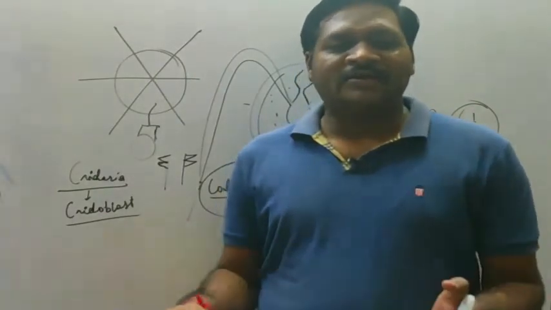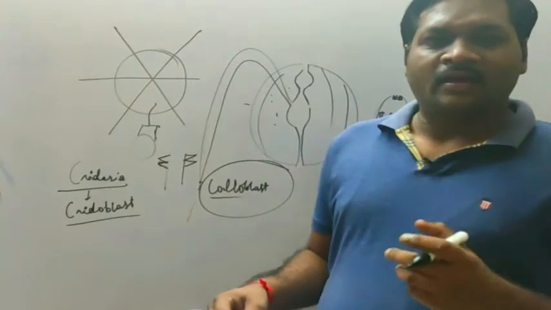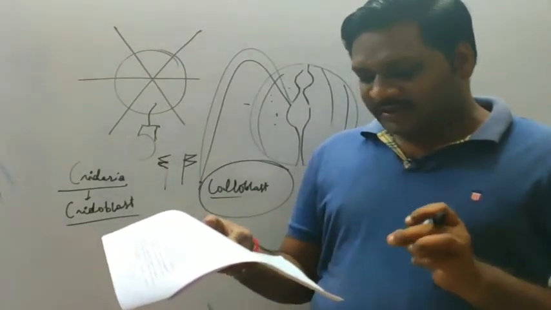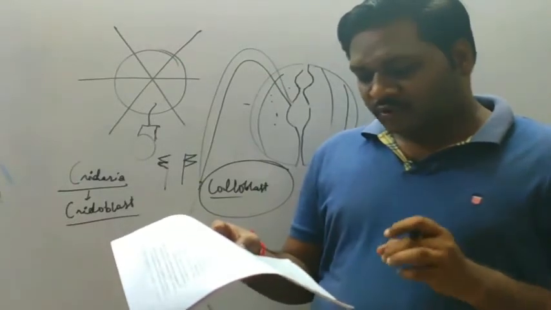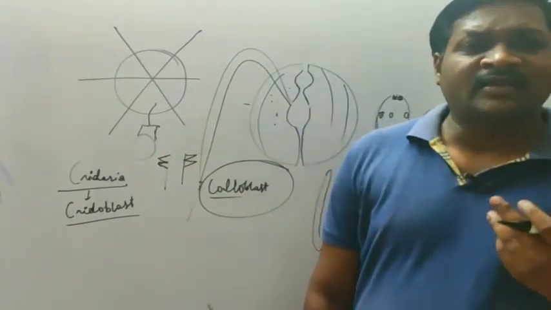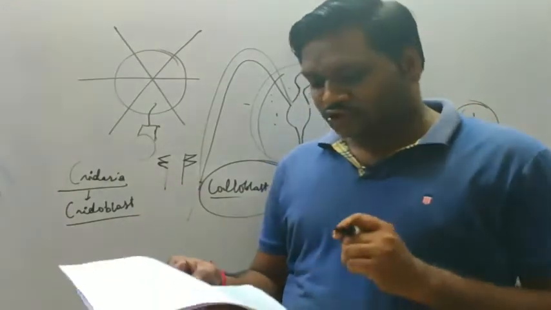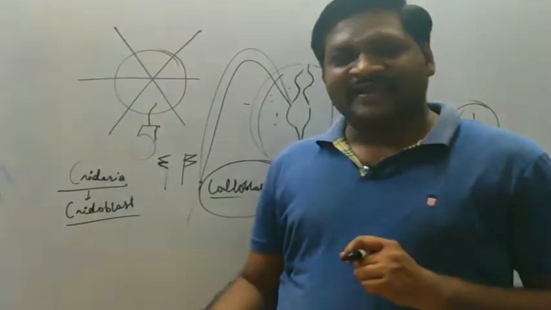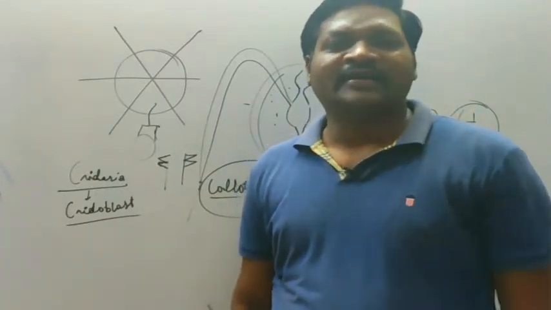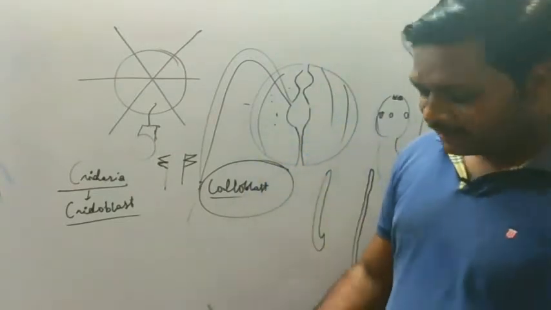Arthropods means they have jointed appendages. Arthro means jointed and poda means appendages. The name itself indicates it. Option B is correct, it is the characteristic feature of the arthropod. Then hemocoel, the body cavity, consists of hemolymph and is developed into the hemocoel. It is also present. Then chitinous exoskeleton. Yes, the exoskeleton is made up of chitin, which is a homopolysaccharide consisting of N-acetyl glucosamine, as I told you in the very beginning.